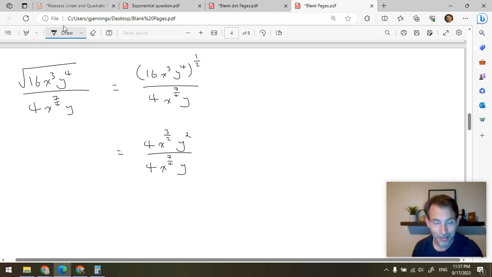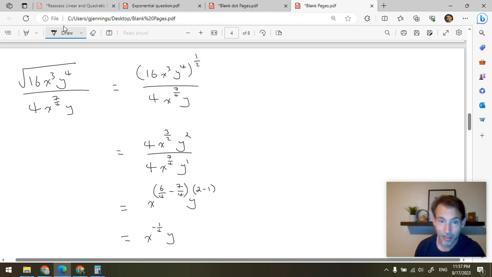Okay, now let's keep going. 4 divided by 4 is 1, so we don't write anything. x to the 3 over 2. I'm going to write that as x to the 6 over 4, for reasons that will immediately become apparent, minus 7 over 4. Just preparing my common denominator, multiplied by y to the 2 minus 1, because that's y to the 1 over there. We're going to subtract those exponents. So 3 halves minus 7 quarters gives x to the negative 1 quarter